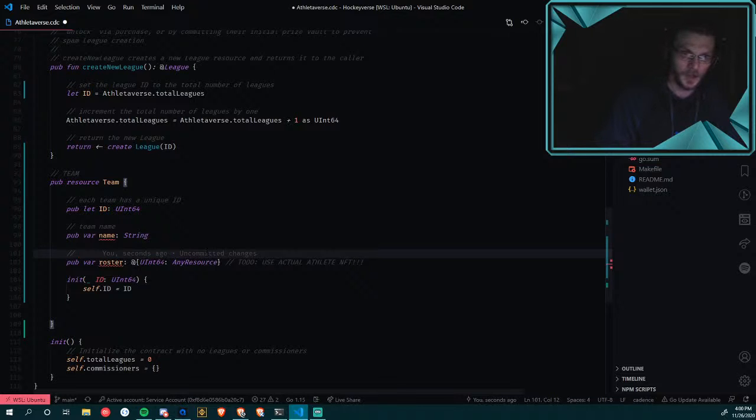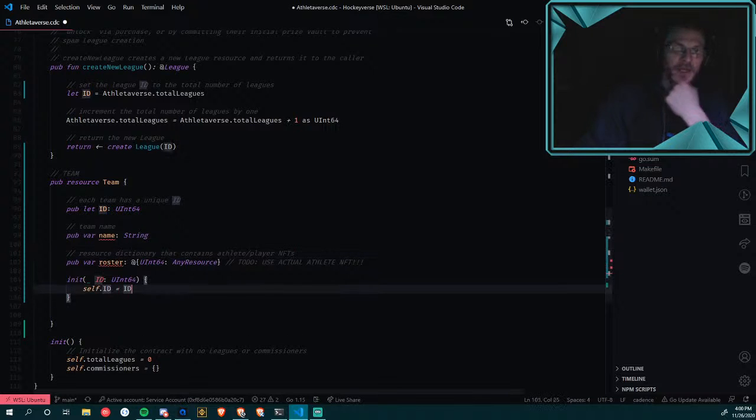So roster, resource dictionary. Yeah, that's another cool thing about Flow: resources can store other resources. So this resource is a team.